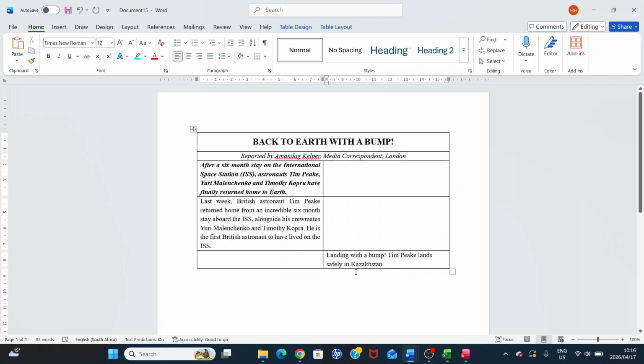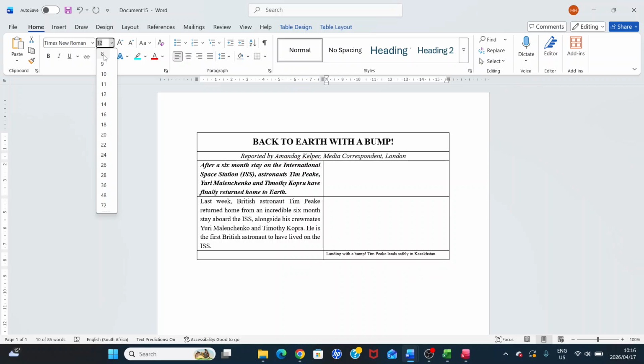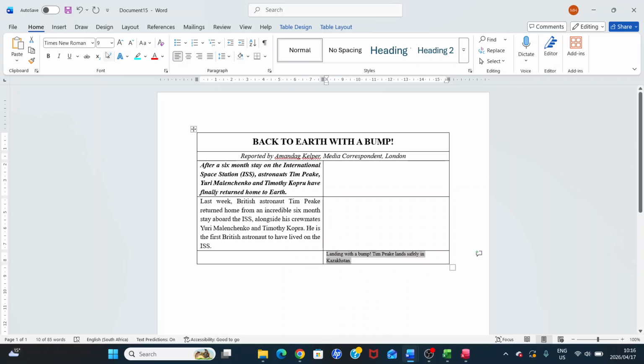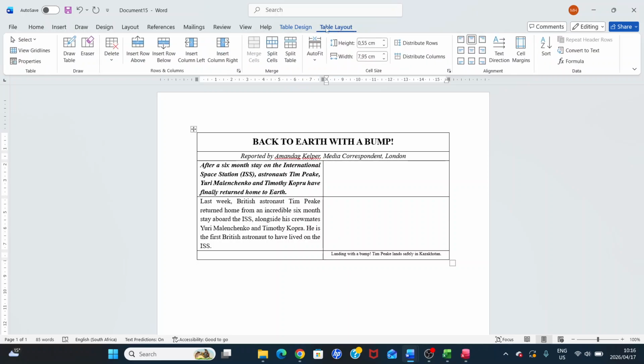Okay, now in the picture, it doesn't say how big this should be, but we can see clearly that it's supposed to be in one line and it is supposed to be very small. So when we make it 8, or let's say 9 is still too big, if we make it 8, it will appear in one line and it's going to be centered underneath our little picture. Then we're only left with this image that we still need to insert. But let's just delete this line that is preventing us from inserting the image over here. And while we are in this position, we are also going to change a couple of things about the design before we insert the picture.